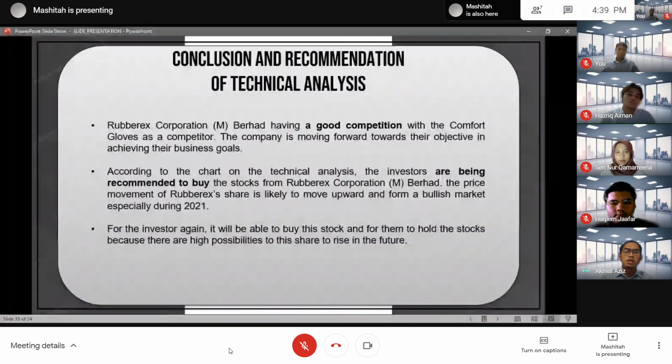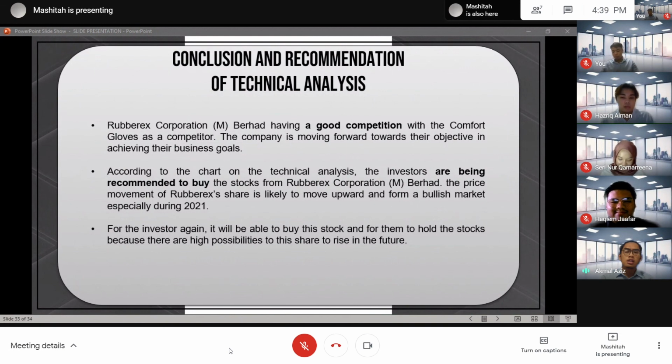And the last slide is the conclusion and recommendation of the technical analysis. Rubberex Corporation Berhad is having good competition with Comfort Glove as a competitor. The company is moving forward toward their objective in achieving their business goal. According to the chart on the technical analysis, the investors are recommended to buy the stock from Rubberex Corporation